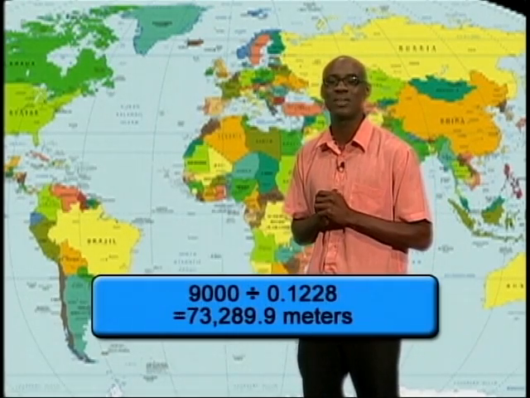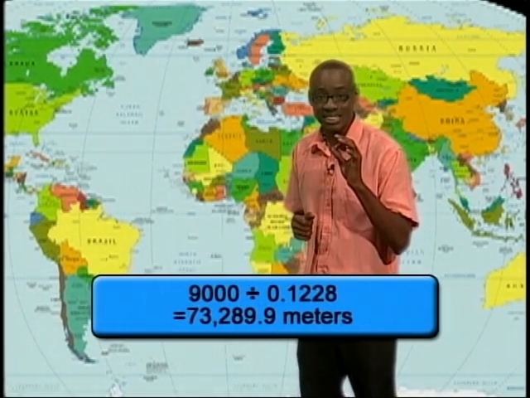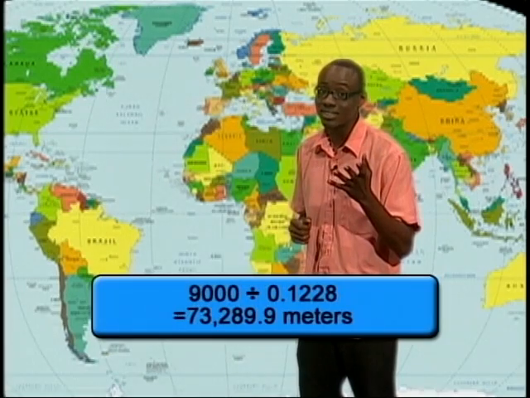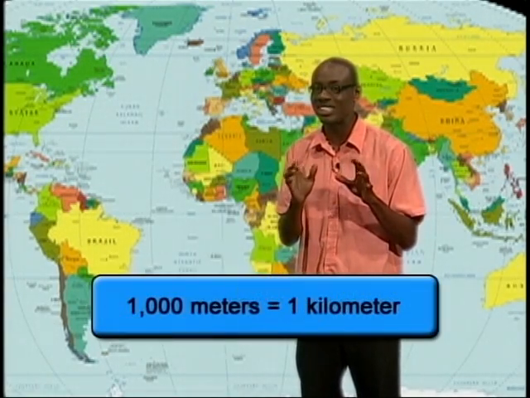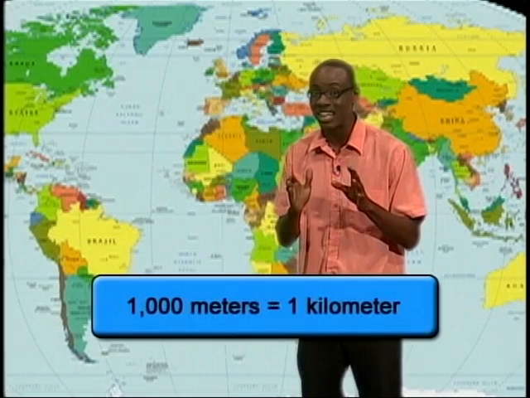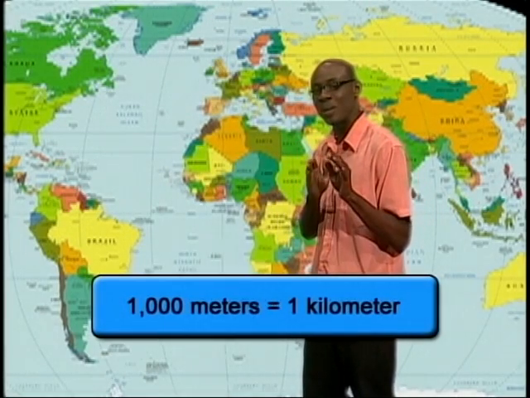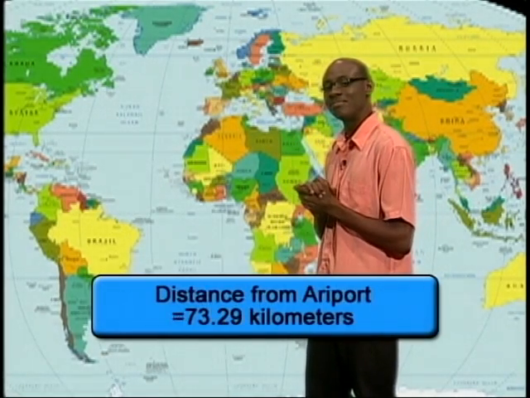73,290 meters. But the distance must be given in kilometers, while our answer is in meters. So, this conversion is easy. Since we know that 1,000 meters is equal to 1 kilometer, the distance from the airplane to the airport is